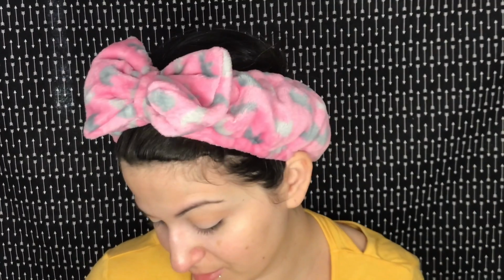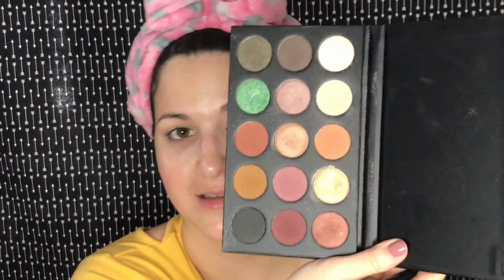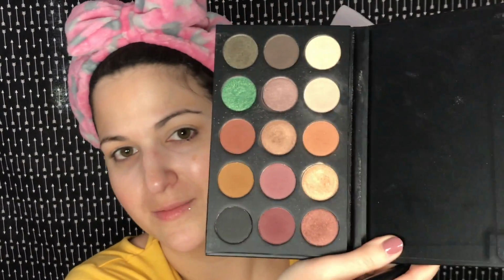You can do super dramatic looks. There's some color in there she threw in. So I really like the color selection, but they're super powdery. I'm always blowing on this palette because, I mean, you can kind of see it's pretty messy already. I guess I could say that this palette hasn't impressed me to the point where I want